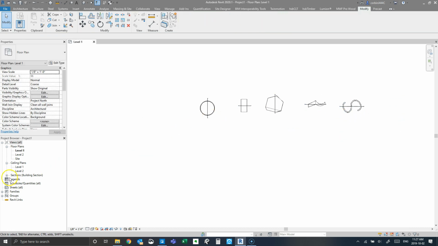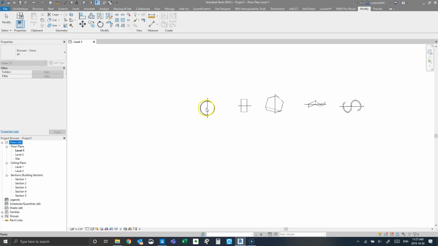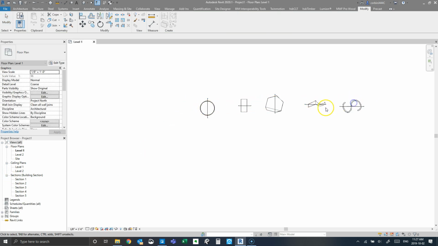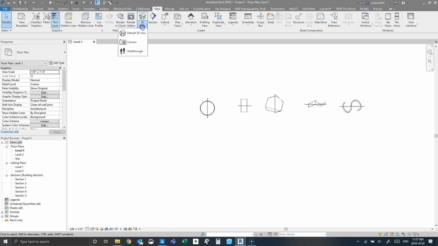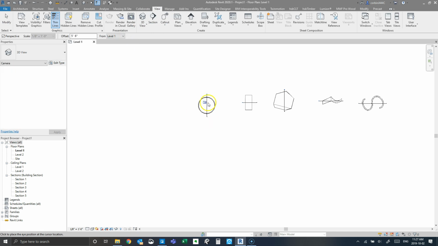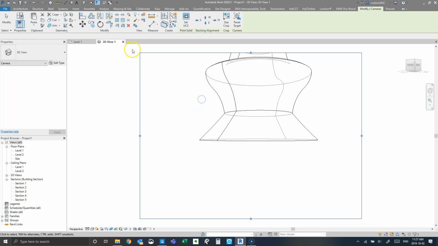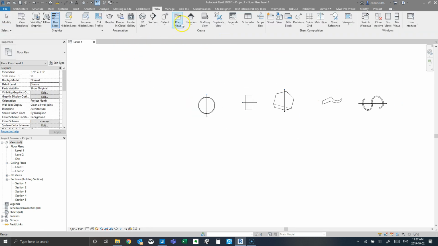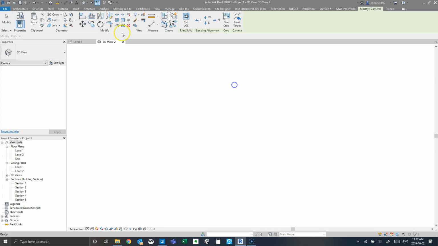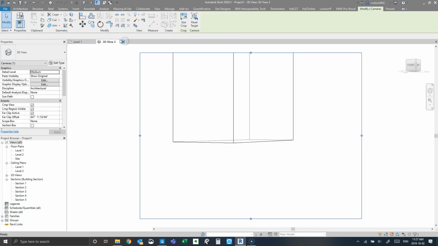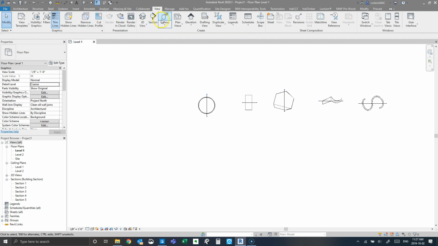So I have each one of those set up, and I've intentionally done this in an order. So I have 1, 2, 3, 4, 5. So now I'm going to create a 3D view. So I'm going to go into here into cameras. I'm going to do the same thing. I'm going to do 1, 2, 3, 4, 5. Like that. And I'm just going to finish the rest of these, but before I do that, I'm just going to show